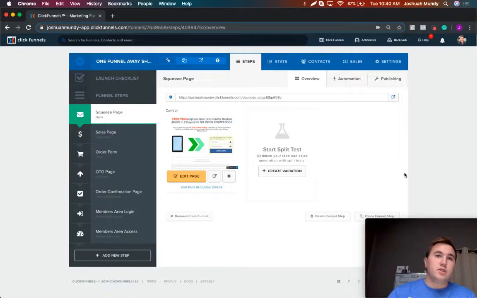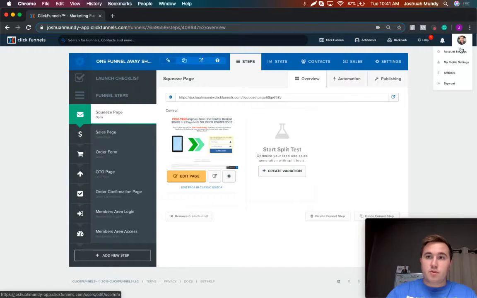So that way, if you went to yourdomain.com and then you wanted this to show up, your domain would actually stay in the header. Right, so that's how you would do that. You just hook up your own domain. So it's on the account settings,